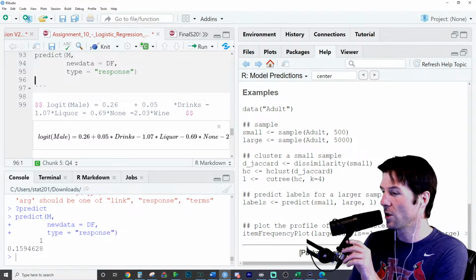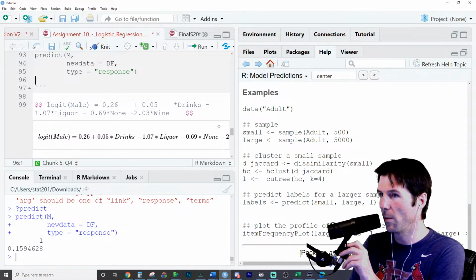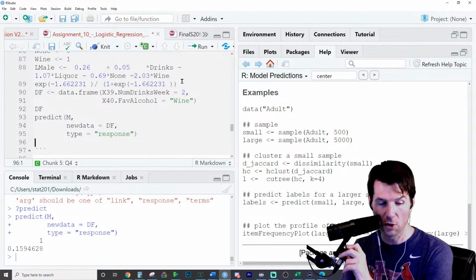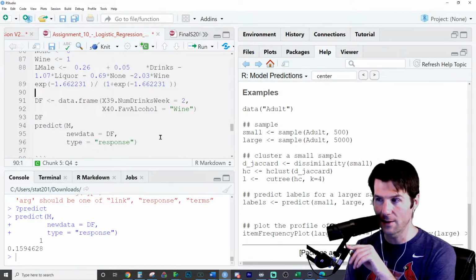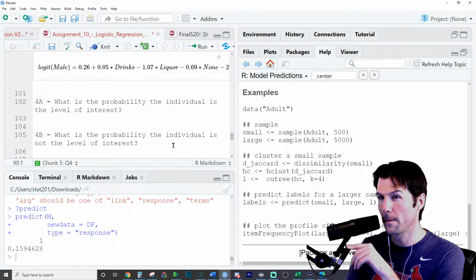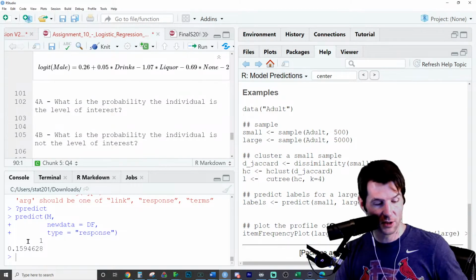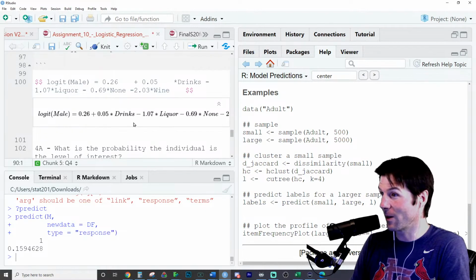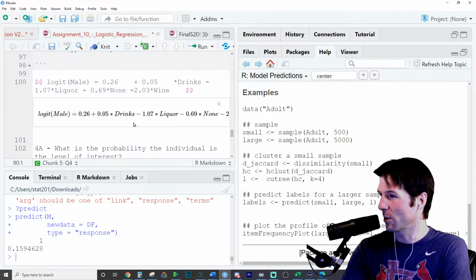Can we go over confusion? You bet. So this will actually output the value right here using the data frame for the new individual. You can actually get it. So we basically did it 2 ways right here. We solved it by hand, and then we solved it using R. And then probability not the level of interest. I'll let you think that one over. It shouldn't be too crazy. But someone is either the level of interest or they are not the level of interest. Let's go do number 3.